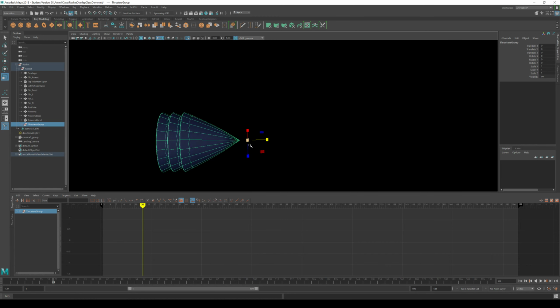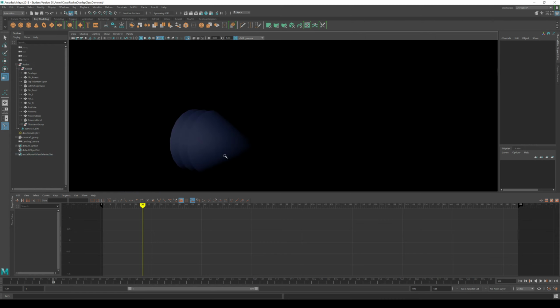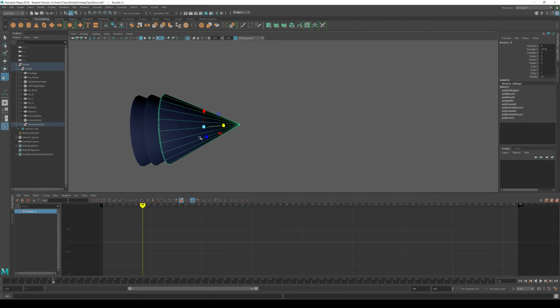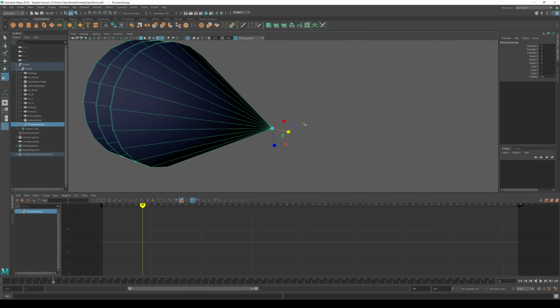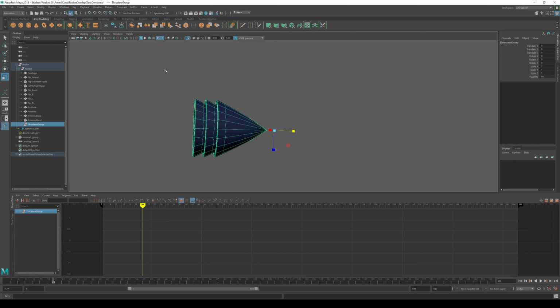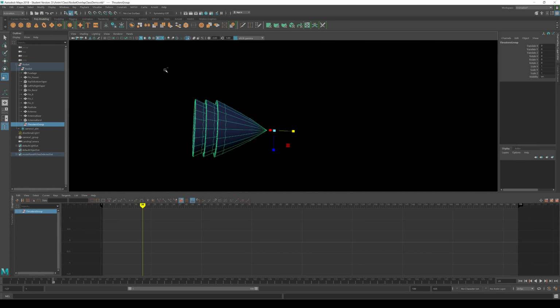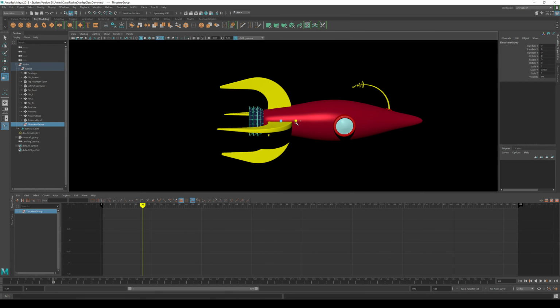So mine doesn't look like it's exactly on the tip, and that's because it's a subdivision surface. If I press 1 to go back to a polygon, you can see that the pivot's right on it. So 3 is just a subdivision surface, 1 is polygons. Subdivision surfaces is something we'll cover in a few weeks. Go back to black, press Control 1 to get out of Isolate Select, and there's the rest of my rocket. So now all I got to do is set up the